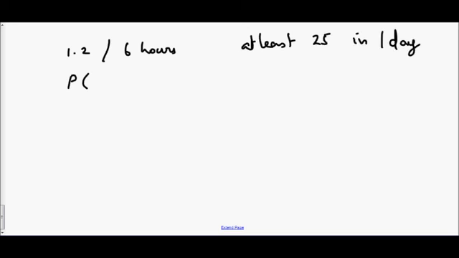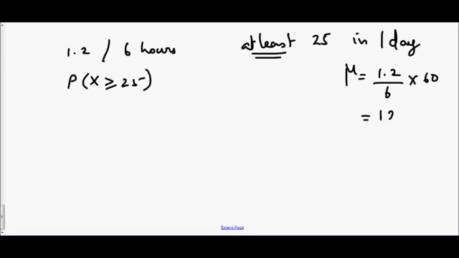Remember, the question was given as 1.2 per 6 hours. The question asked is for one day, and there is the word at least. At least means greater than or equal to 25 in one day. Therefore, the mu should be immediately changed. Mu is 1.2 over 6 times 24, so the mu should be 4.8 here. Again, you can't directly do the question for greater than, so